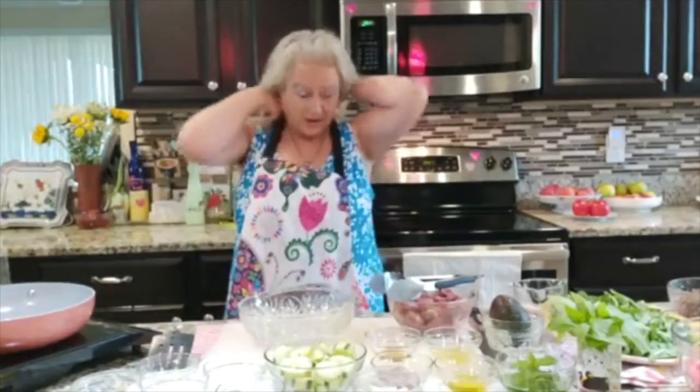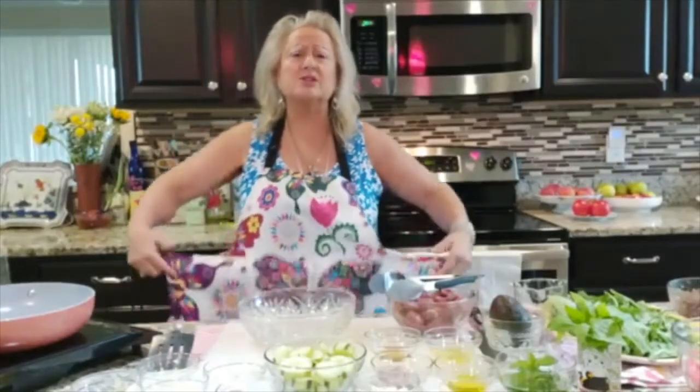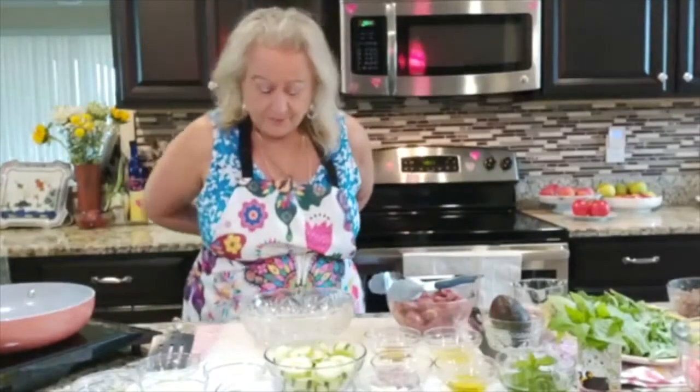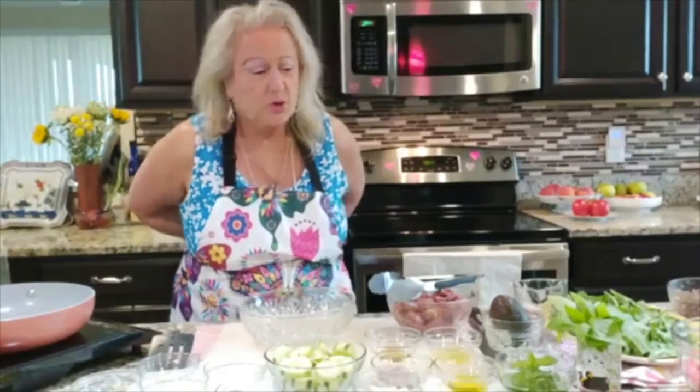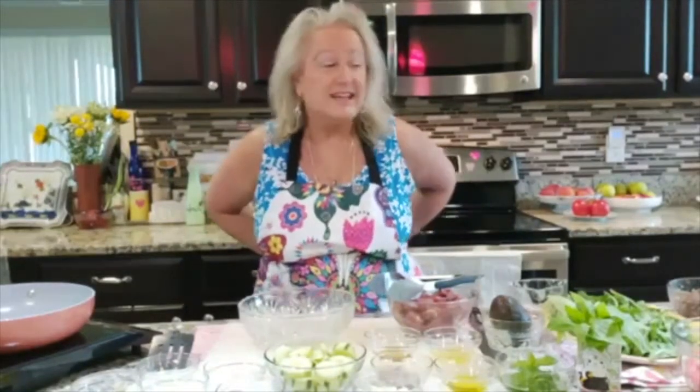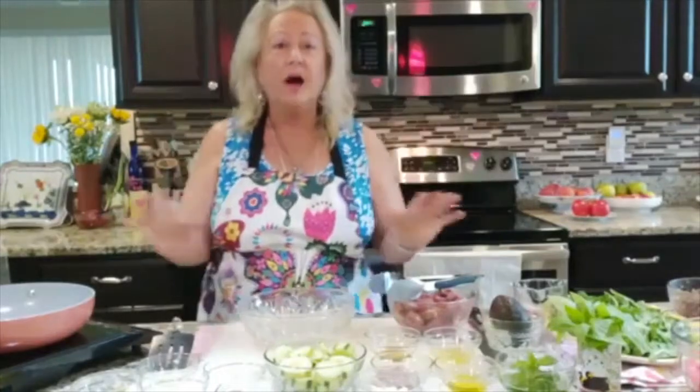It's all about this wonderful watermelon salad with pan-seared lamb cubes. You know, and I love lamb, and I'm going to show you a way to marinate this baby, and then we're going to cook it up, and we're going to make this beautiful salad. And then I'm going to also have a little surprise for you, but let's begin with first how to marinate